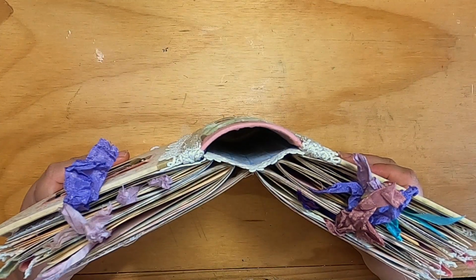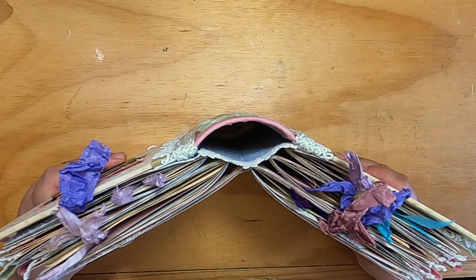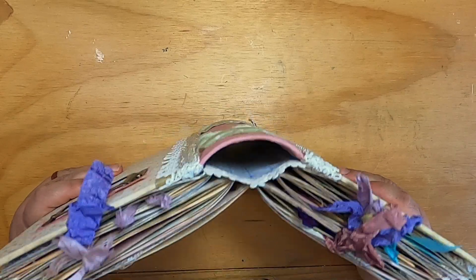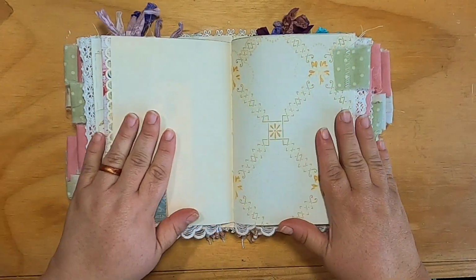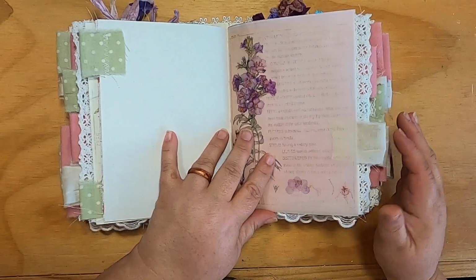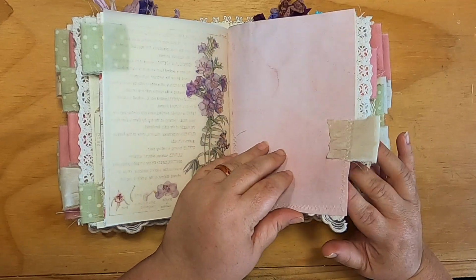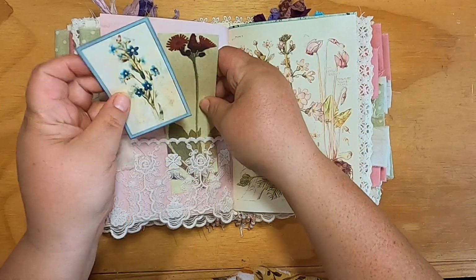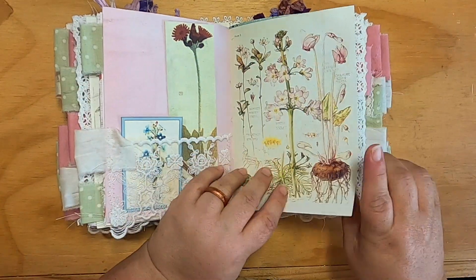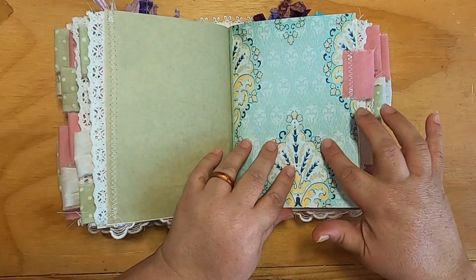See the hollow spine there? So when I curve my spines, I make a hollow spine like this, so it lays flat. It lays nice and flat. And then I'll show you a little trick at the end when we go to close it. More vellum. Another full page from her kit. Some more little book fussy cuts. And some of that